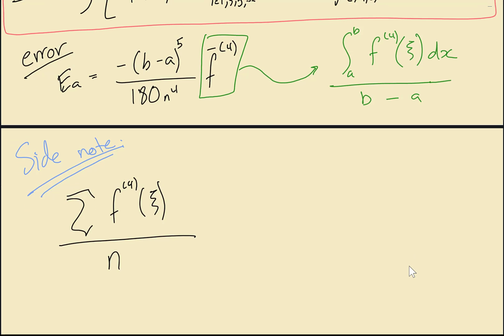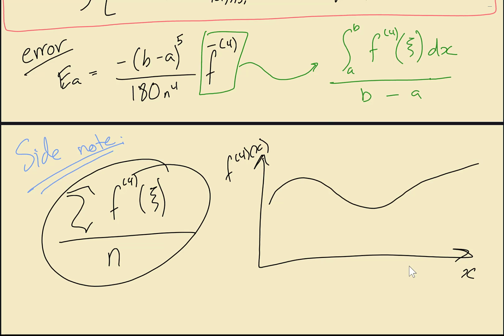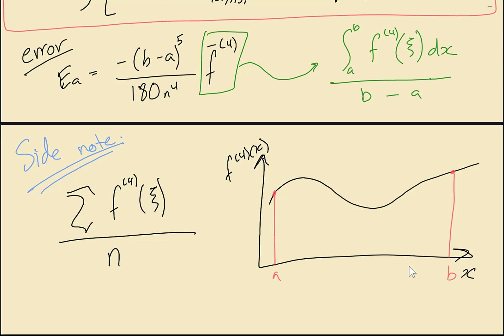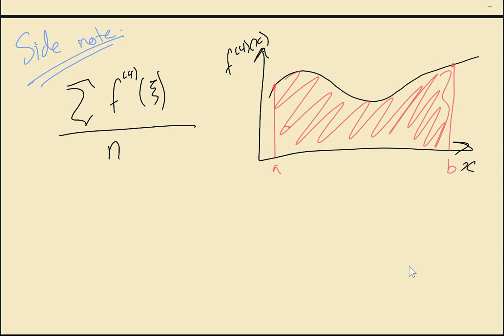All right, so if I look at a graph of the fourth derivative of f, and this is x here, and say it's some type of graph, whatever, it looks like that. What we said is to approximate this, we're taking the integral and dividing by b minus a. How does that look? That looks like this. So we have a here, we have b here, and what I'm doing is I'm taking this integral and dividing by b minus a. What does that mean? This integral here is what? It's an area,